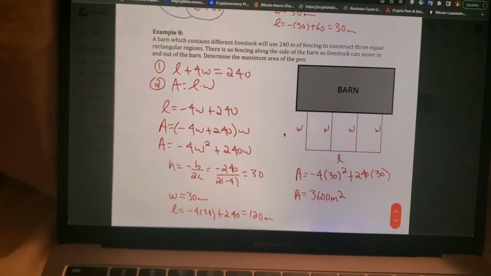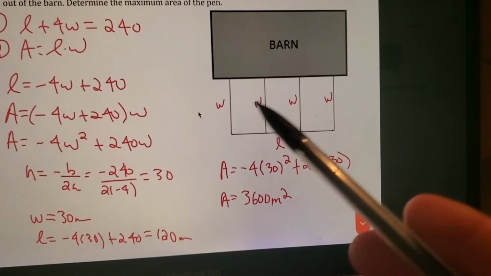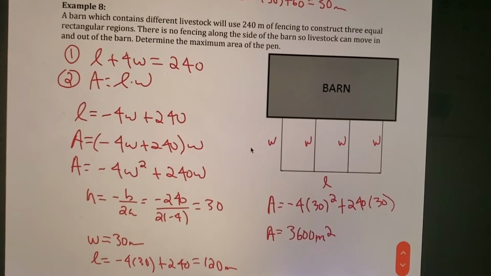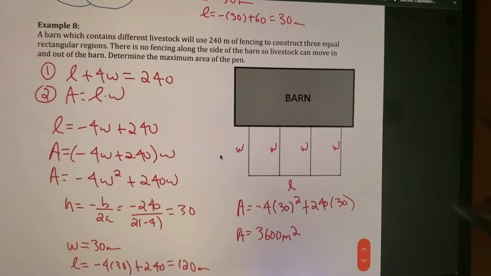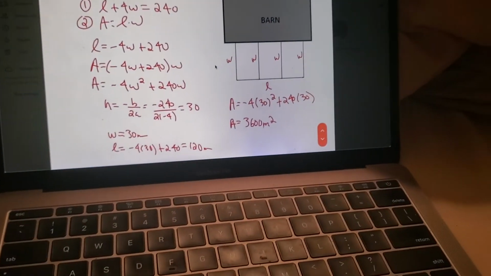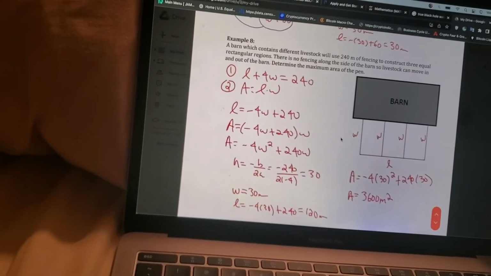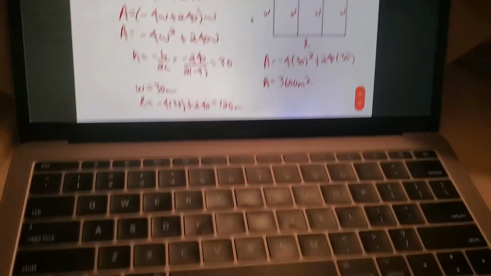Okay, so again, we have a barn, right? We have widths and we have the length. We're not calculating the length because it's part of the barn. Obviously we don't need to build a fence barrier right here because the barn wall is right there. We only need it right here. Let's go ahead and do what we did last time. I'm going to go through it a little bit faster this time because I explained it once, and I just want to let you guys know it's not too bad, right? Okay, so we have L